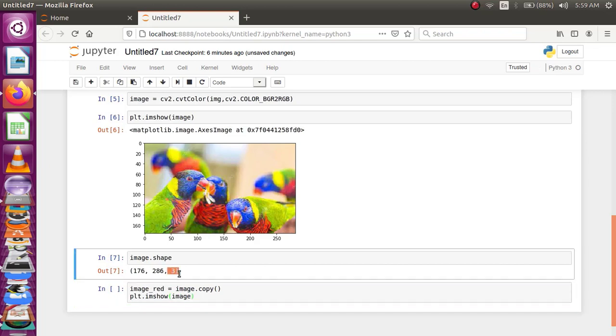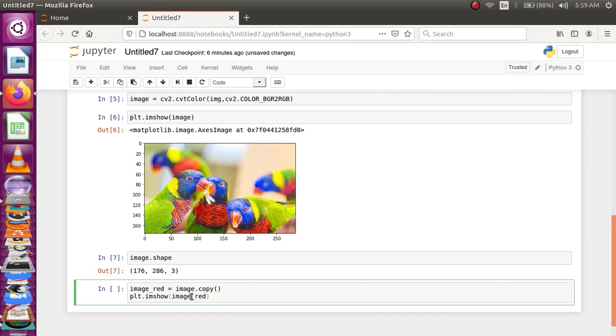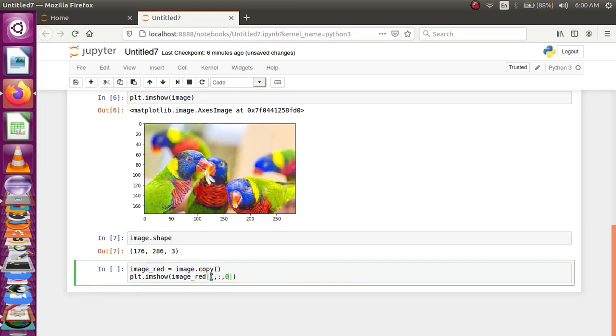So I am going to plot image_red. I am going to keep all the intensity values as such, ranging from 0 to 255, and extract only the red channel.